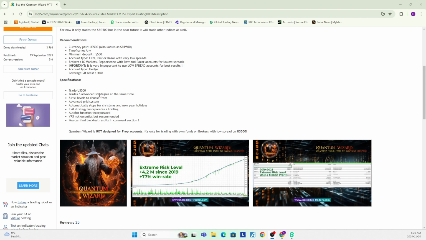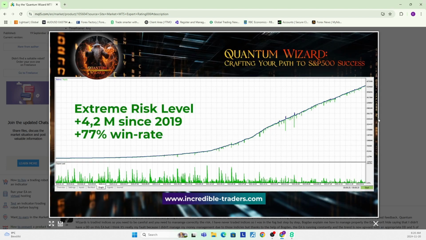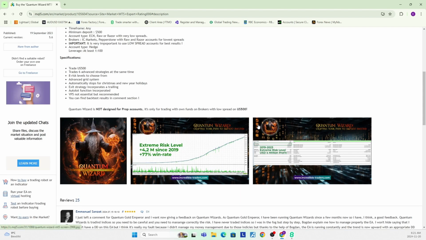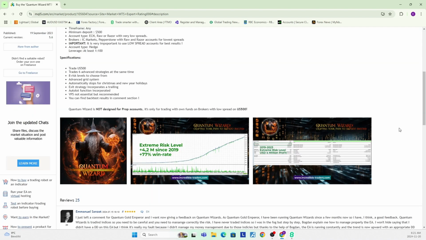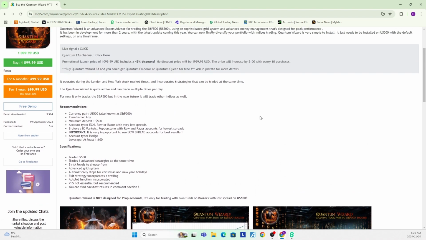And supposedly it has a few different interesting filters. We can take a quick look here. We're seeing very good results. These back tests are likely somewhat over-optimized, like turning, what is that, $10,000 into 4.2 million is not typically possible. However, most people on MT5 tend to do these type of very impressive looking back tests, so you can't really blame them for that. It's kind of part of the game.